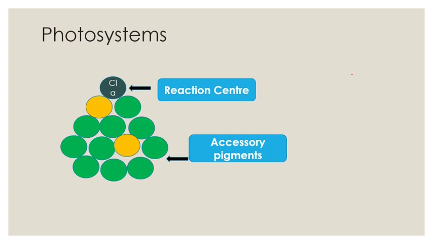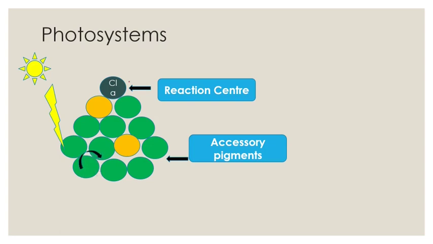This is one photosystem. Okay, students, again listen carefully. This bunch of pigments present below, many in number, 200 to 400, form the accessory pigments, and the one at the top forms the reaction center. Now when these photosystems are exposed to sun rays, solar energy, photons fall on them.